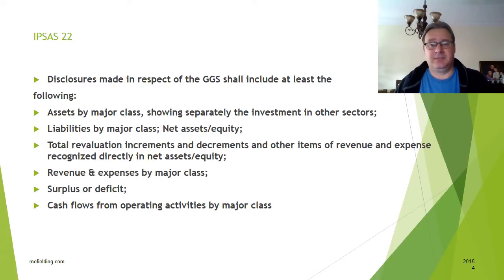finding cash flows from major operating activities by major class. That's an interesting one in that it doesn't show any financing there. Any financing probably won't have any tax in most countries. But if the government's borrowed any money, got interest payments, nothing there. So cash flows from operating activities by major class. So that gives you this idea of IPSAS 22. Right, when you actually go and read the document itself,